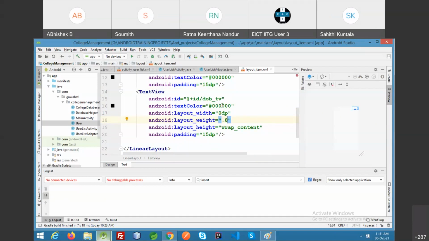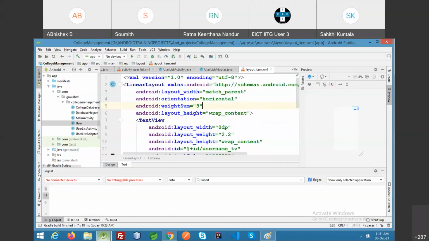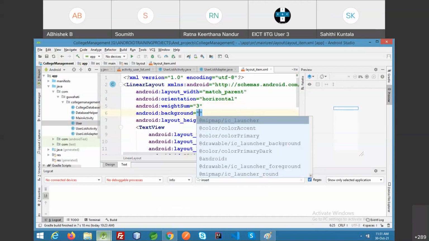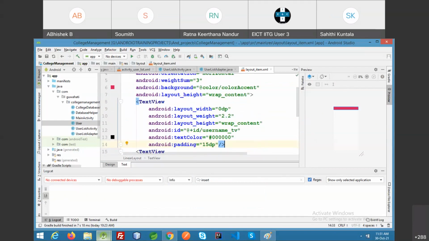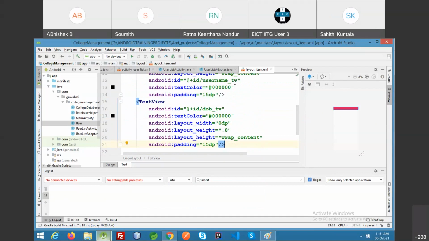Also you can give the background to this linear layout, like color accent. Text color I have already given black. Fine, this is the item view.